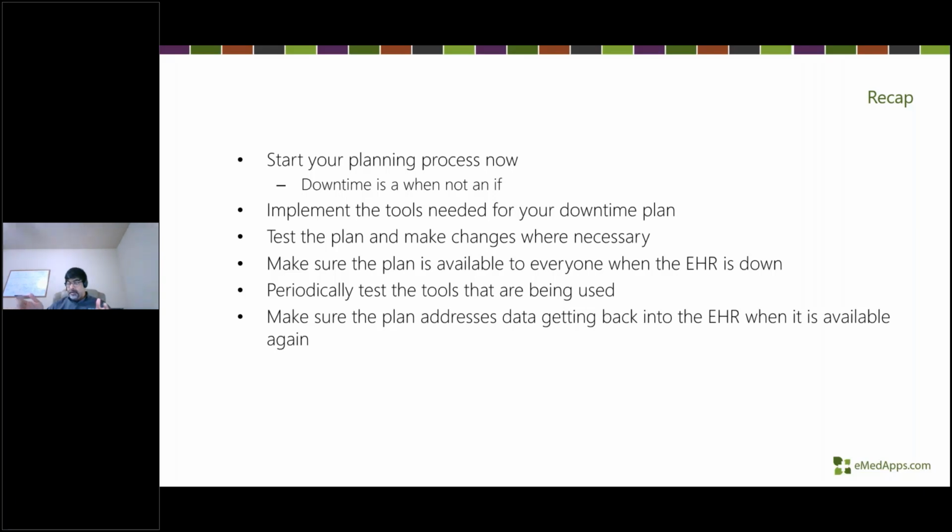Make sure that plan is available. Don't rely on communication through mechanisms that may be affected by your downtime. So when you identify those most likely causes of downtime, make sure you're looking at them from a communication perspective as well. If I'm relying on internal email, is that internal email going to be available in a situation that's causing my EHR not to be available? Or do I have a secondary mechanism to get to that email if EHR is not available? So what is that best communication protocol? And then make sure that that plan's available, whether it be doing it on paper.